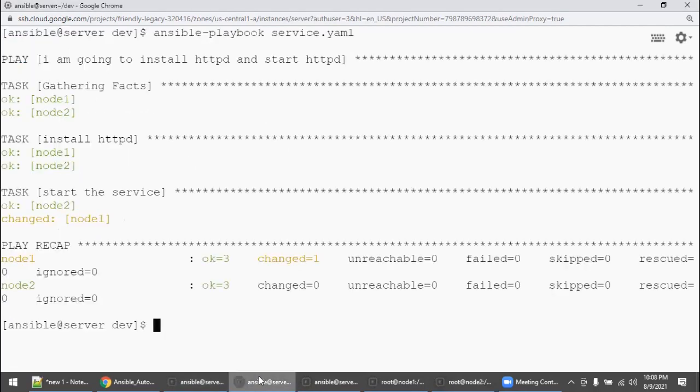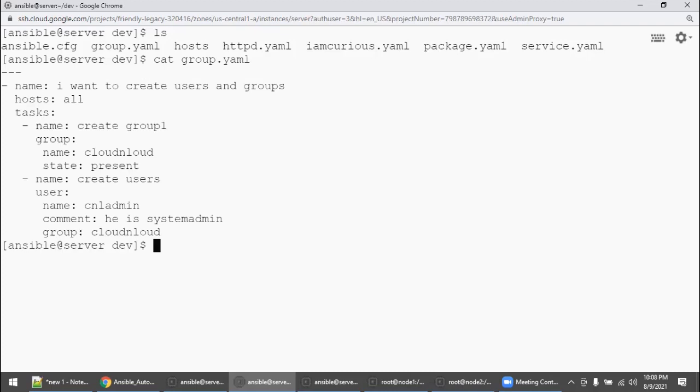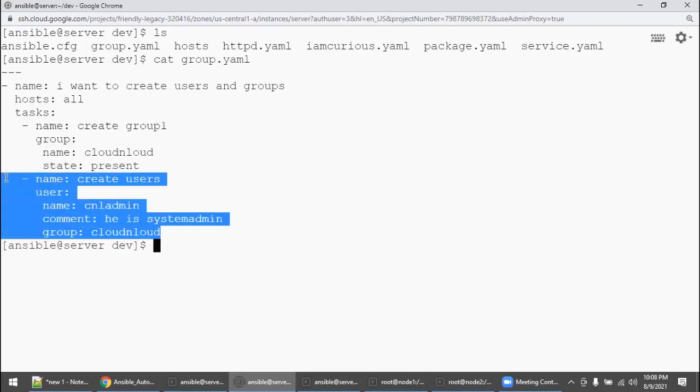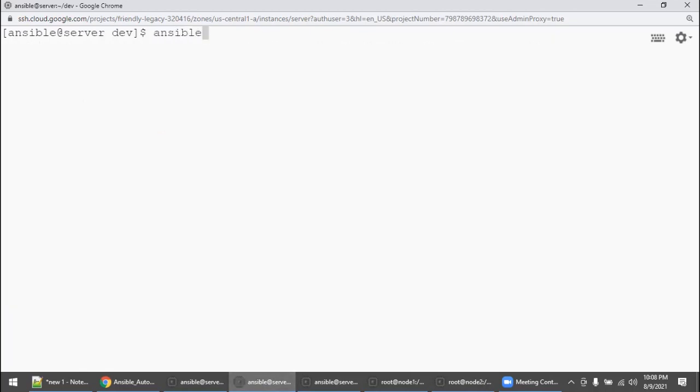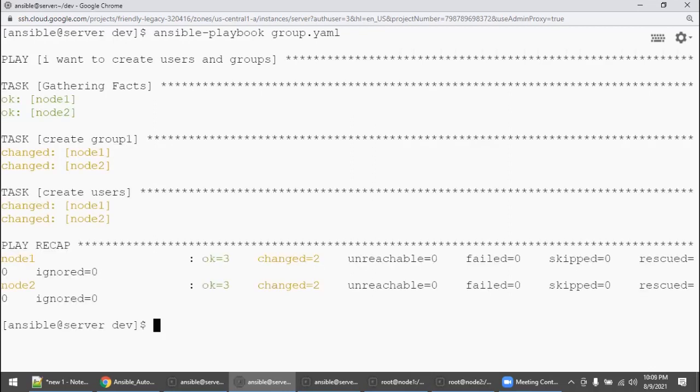So now let's check what files we are creating. We are creating a group, right? So cat group.yaml. Of course, the first play is going to be group creation, and the second play is going to be user creation, right? So let's execute it. ansible-playbook group.yaml. You enter it. If you execute this, automatically what is happening? First the group is created, then the user is created, and that user is associated to the group.